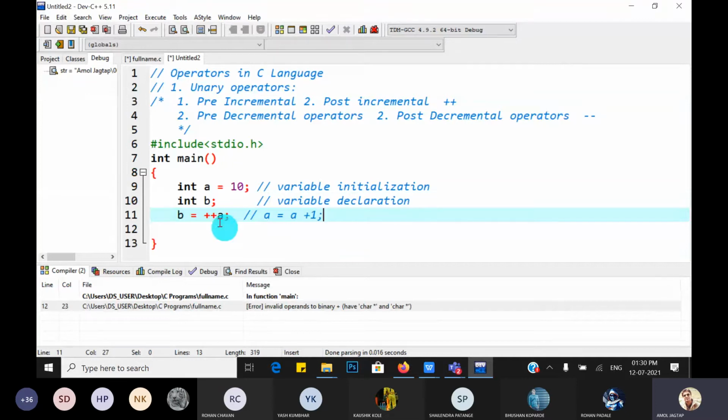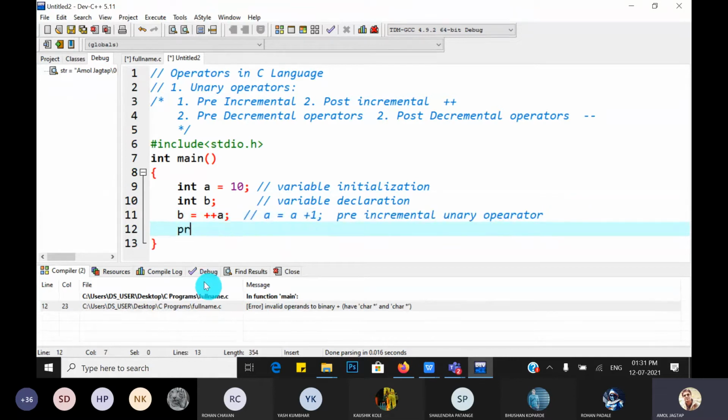This is the meaning of plus plus a. But where we write plus plus before the operand a, this is called the pre-increment unary operator.